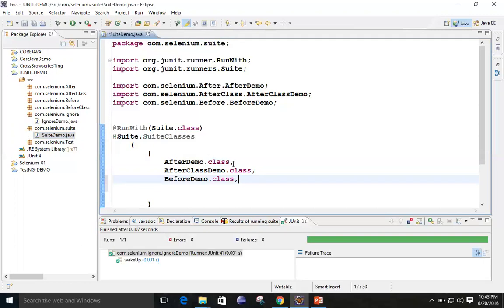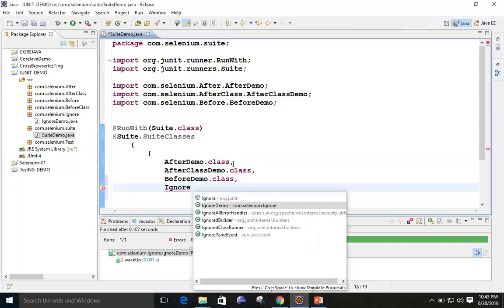If you forget the comma, it will give you an error. I will make use of that ignore also. Yes, ignore demo, this is the name. And you can see it will automatically detect where that is present. That is present in com.selenium.ignore. That is correct.